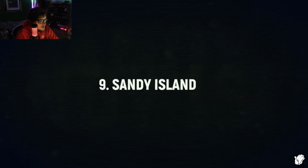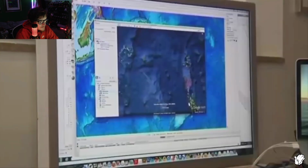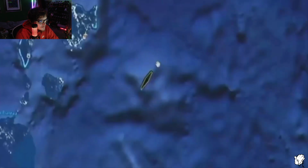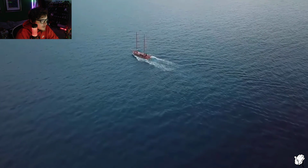Number 9. Sandy Island. For more than a decade, it has featured on the world's maps. Viewed from Google Earth, Sandy Island appears as a dark, tantalizing sliver set amid the shimmering vastness of the Pacific Ocean. But when marine scientists...